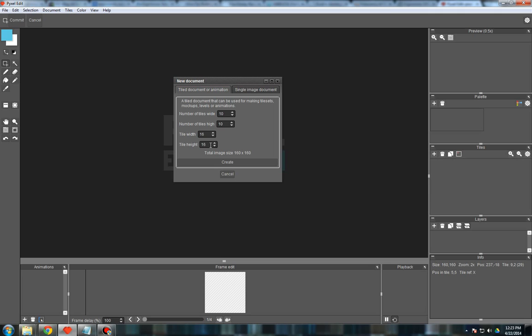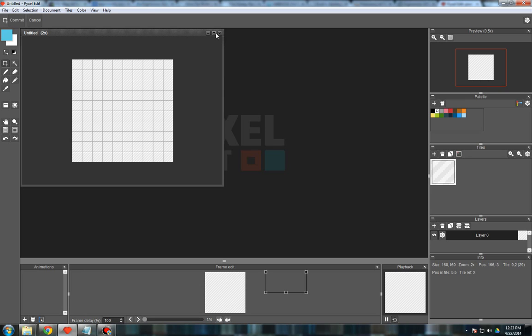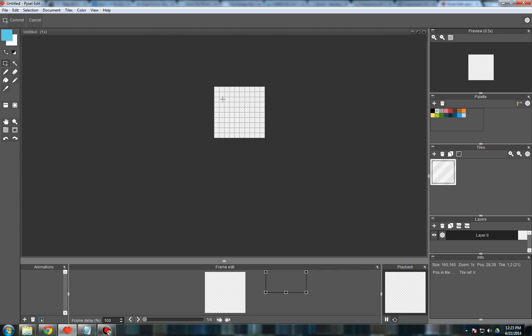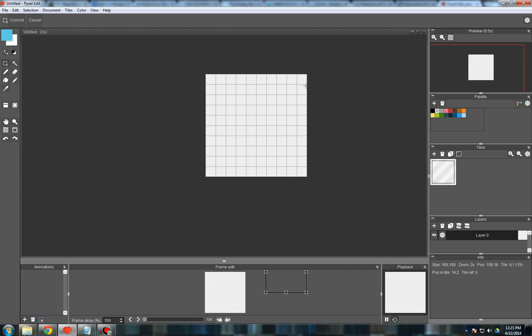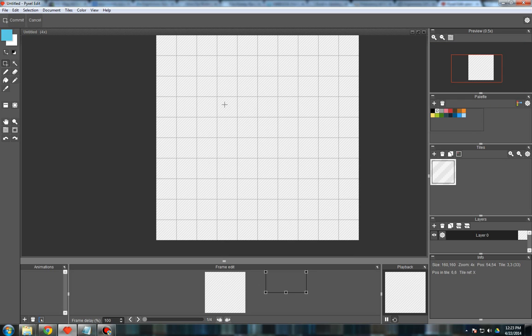We're going to do just a simple little sprite to make doing our tutorial a little bit easier. But of course this can be as big as you want. You know, you could do a 64 by 64 or even bigger if you wanted to and get as much detail into your sprite as you want. But this is what we'll start with for now. So as you can see, we have our canvas here that is 10 tiles wide by 10 tiles tall,